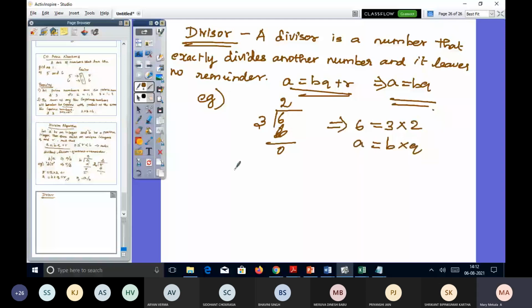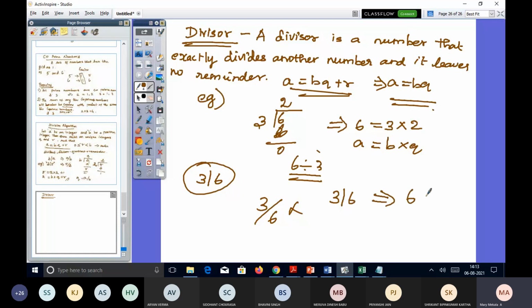So how do you give the notation for this? We can give the notation as 3 divides 6. Okay, what is the meaning of that? 3 divides 6 means 6 divided by 3. Why I am mentioning this means we have seen this particular format only in maths, isn't it? In school days we have seen it. This particular notation we have not seen. This is not 3 divided by 6. This is wrong. Actually, 3 divides 6 is equivalent to 6 divided by 3. Okay, so this is a notation we are giving. Okay, now for the divisor, we will see some properties for the divisors.